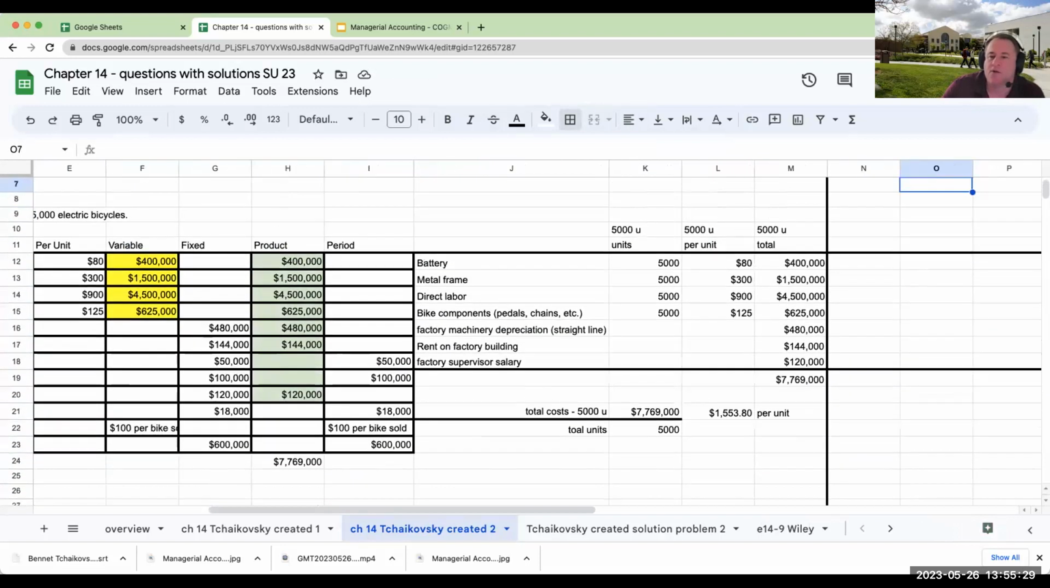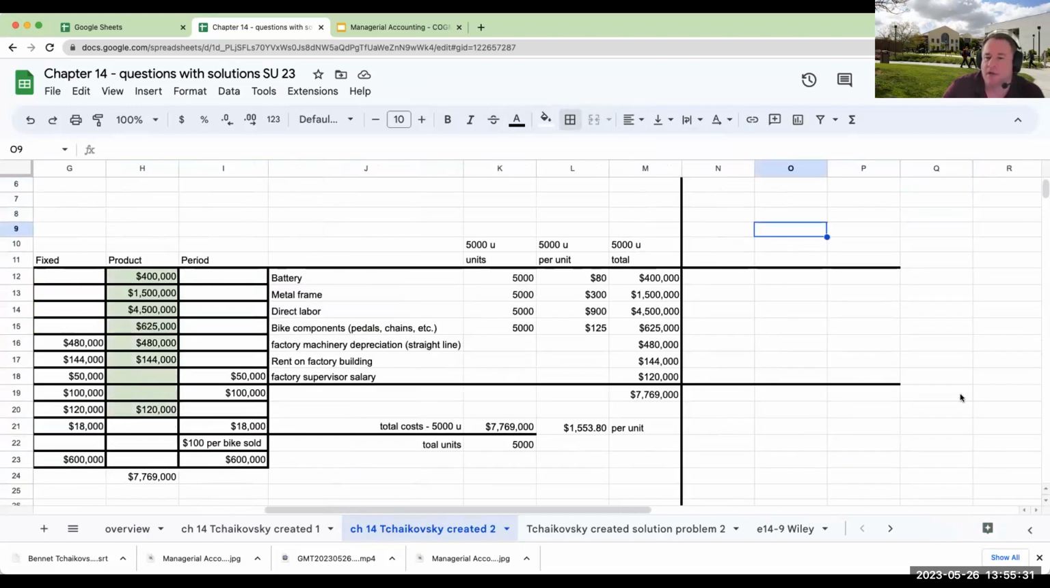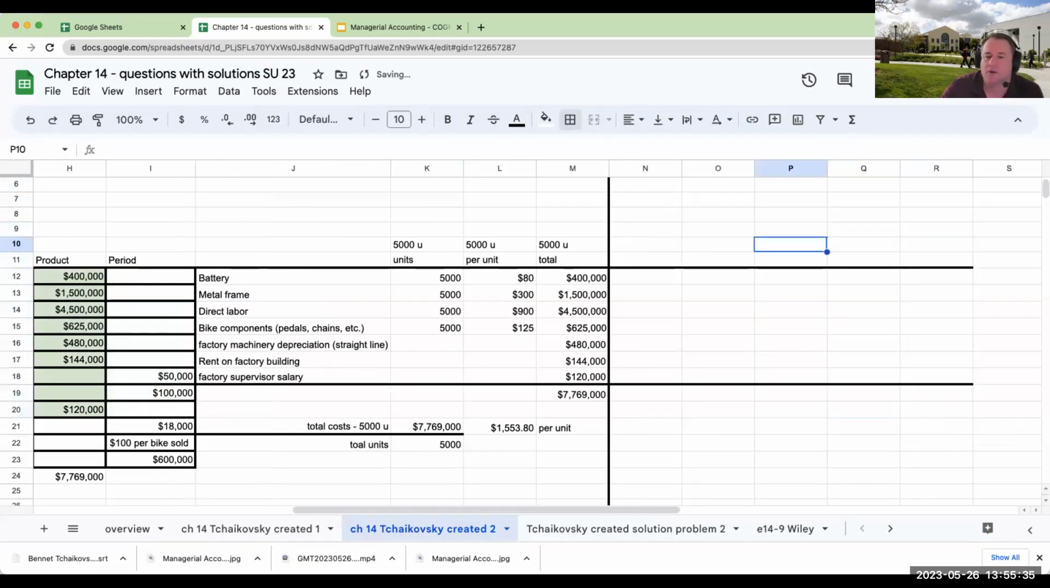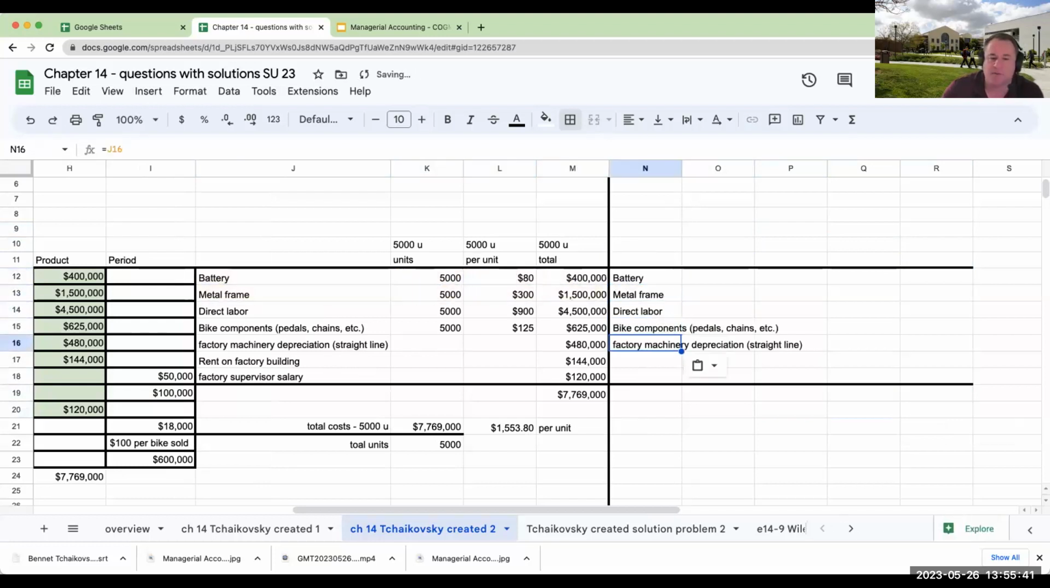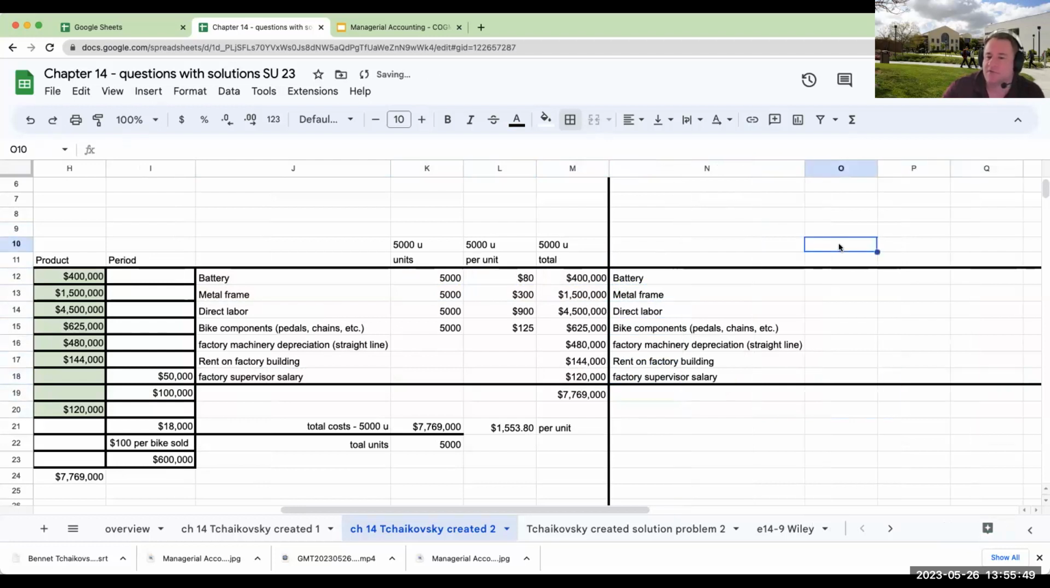Okay, so now we're going to come over here and we're going to change up this example a little bit, right? So what's happening? Well, we still have the battery, the metal frame, the direct labor, the bike components, the rent on the factory building, the factory supervisor's salary, right? So when I look at this, and if I'm doing this over here for 5,200 units,